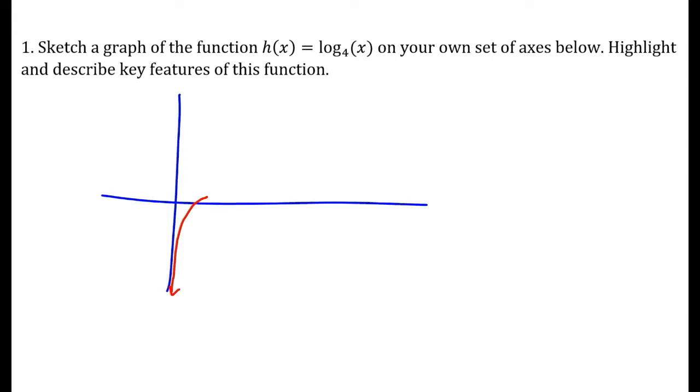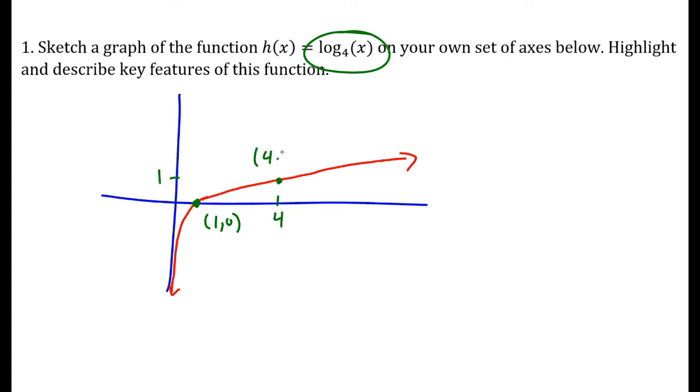The y-axis is the asymptote of logarithms in this form, and they grow very, very slowly as x gets really large. There's a couple key points on the graph of a logarithm. The x-intercept, in this case, is 1, 0. When you're dealing with a standard log function with no shifts, just plain old log base b of x, it has an x-intercept of 1, 0, and it passes through the point